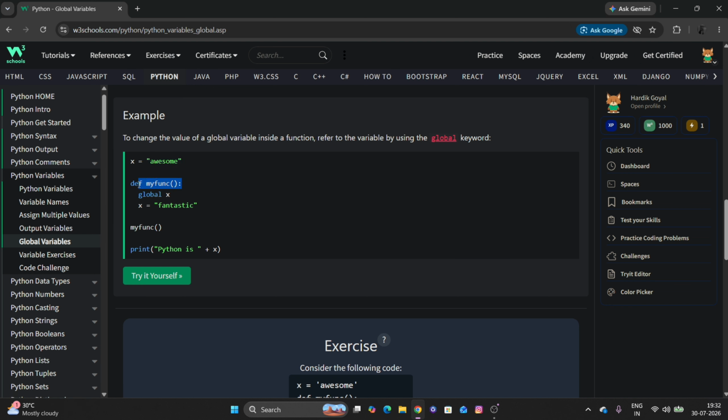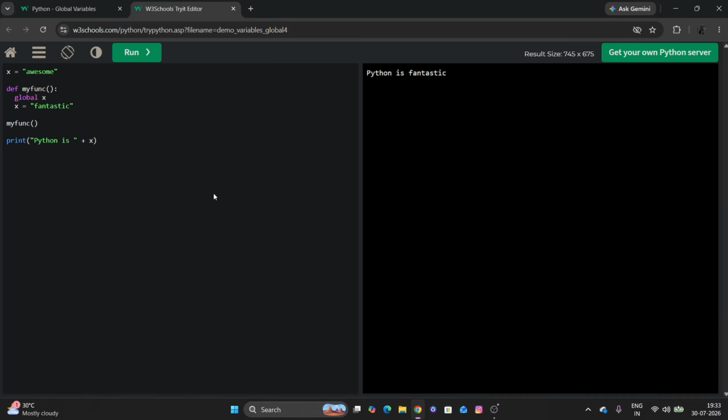And I have defined the function my function. Inside this, I have declared x as global and I have assigned fantastic to x. Now, if I print Python is plus x, it will not print awesome. It will print fantastic as I have declared it as global. See, Python is fantastic. Okay,